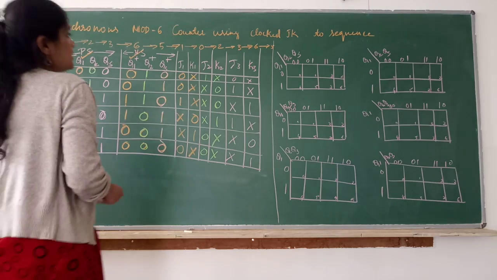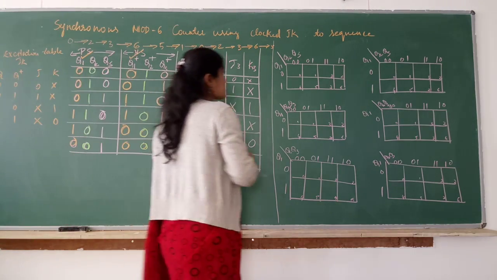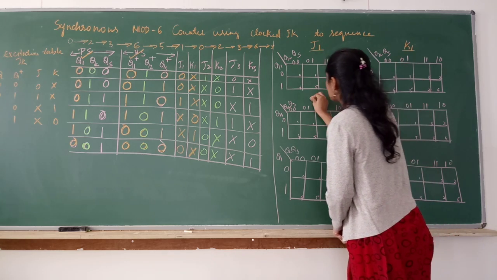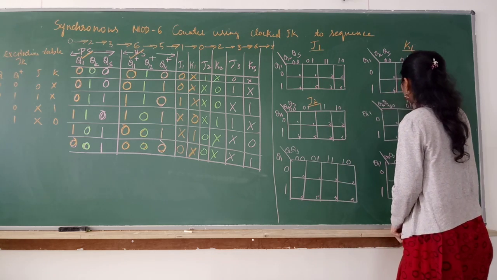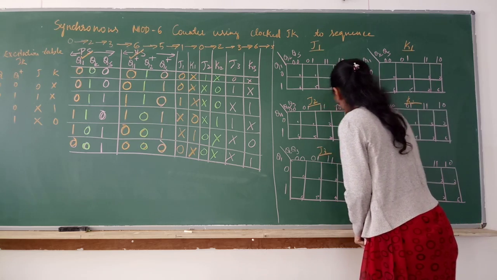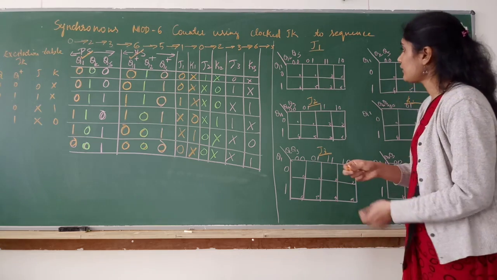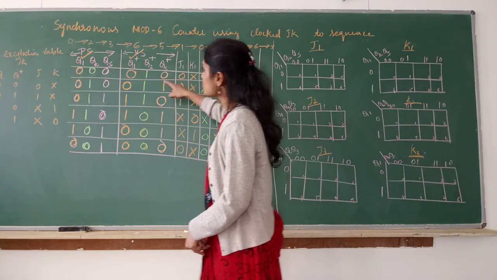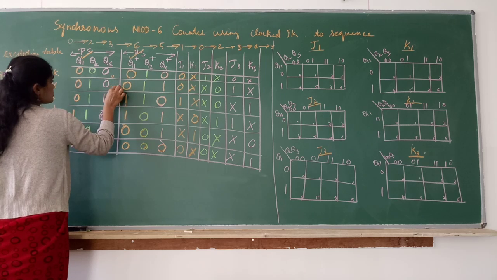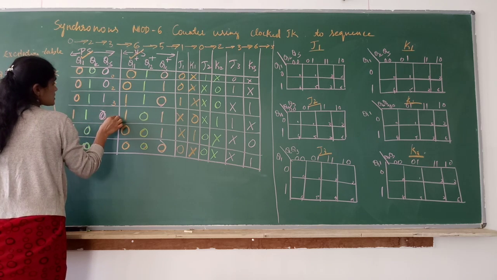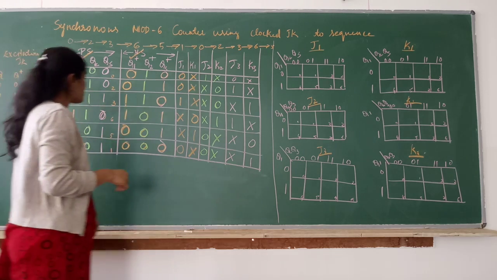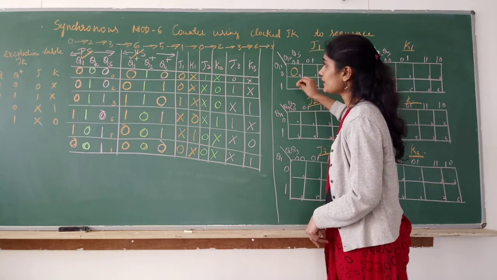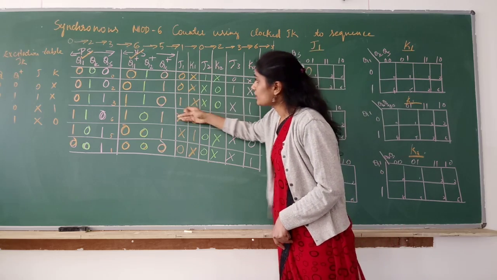Okay. Now, derive an equation for J1. So, J1, K1, similarly J2, K2, J3, K3. I have kept ready the 3 variable K-map. Okay. So, J1, what are the inputs? This is 0, this is 2, this is 3, this is 6, this is 5 and this is 1. So 0, 2, 3, 6, 5, 1. So what is that? 0 it is 0. 2 it is 0. J1. 3 it is 1.